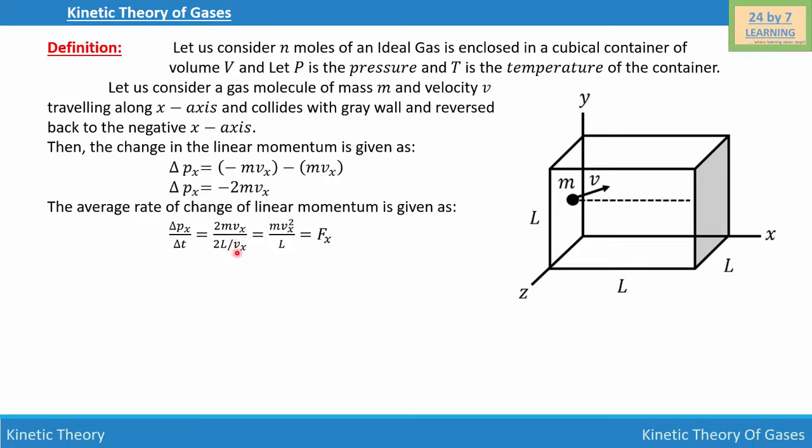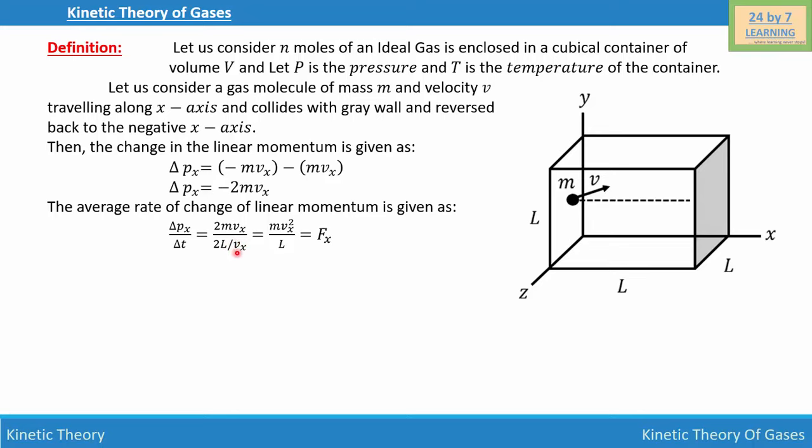It doesn't mean that there are no gas molecules moving along any other direction such as the y and z axes. It is simple to consider that the gas molecule is moving in one direction and then average out the entire expression for the kinetic theory of gases. And that's what we are going to do.